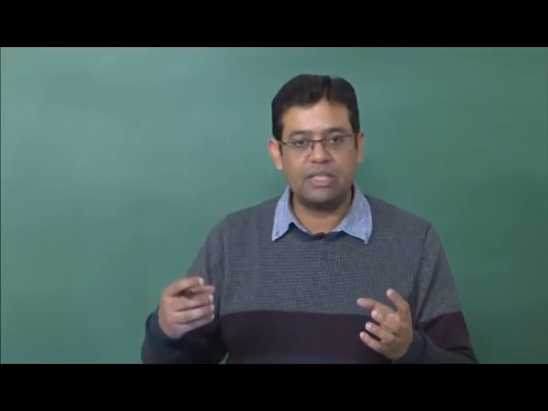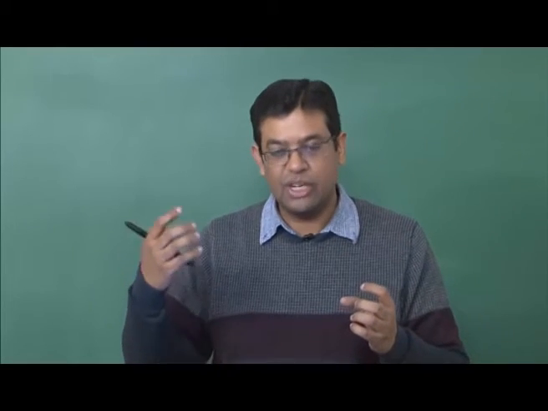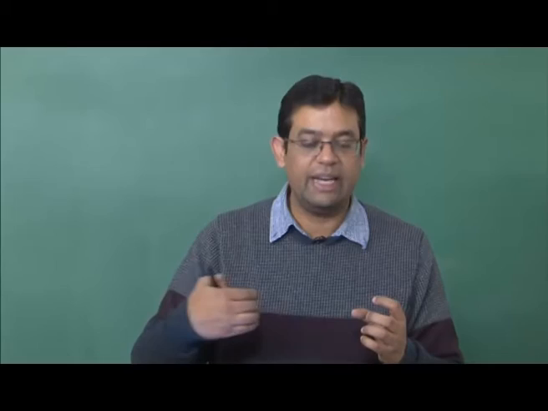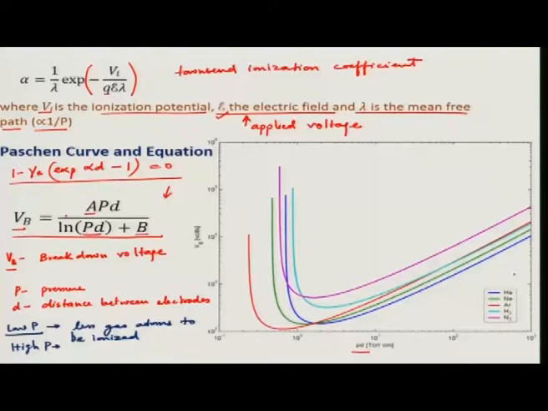Okay. So, because there are too many collisions between gas atoms and electrons, electrons do not get sufficient time to gain energy in the potential field. So, in this case also you need to increase the voltage to have self sustained plasma, or a breakdown voltage. Okay. So, looking at this you can see that there is a sweet region of P and D where you need very less voltage to have self sustained plasma, and it is this region we should be working in, so that we do not have to apply very large amounts of voltage. Okay.